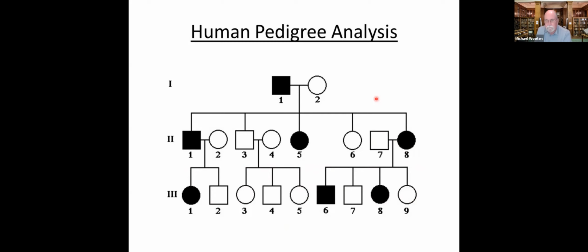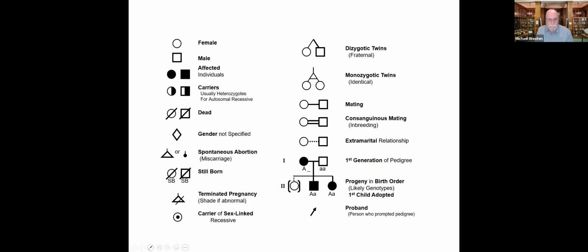So then the question becomes, what do all these symbols mean? What are related? Well, that's where we're going to start with our first set of symbols here. As I said, females are generally circles, males are squares. Now let me say that